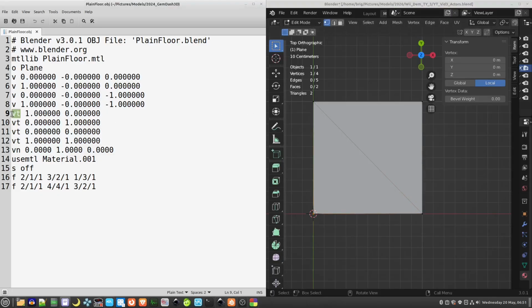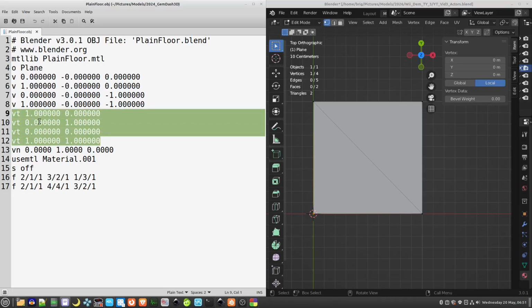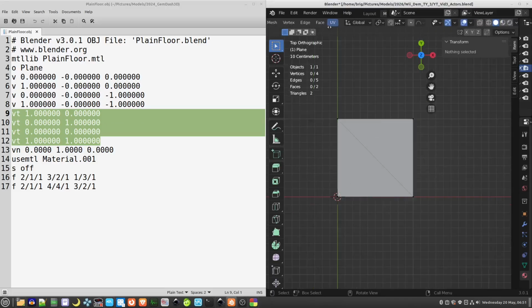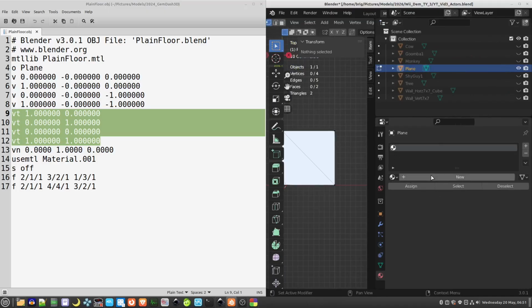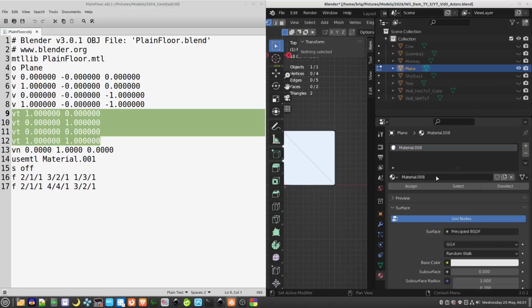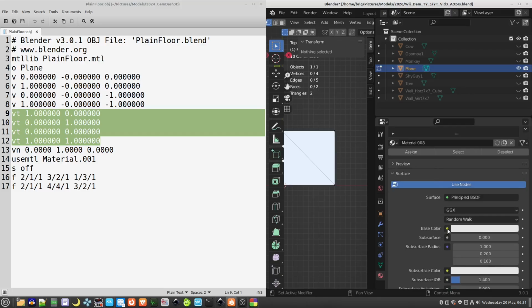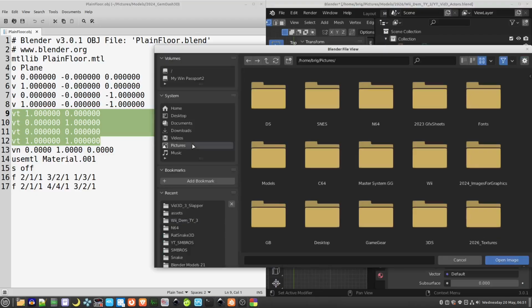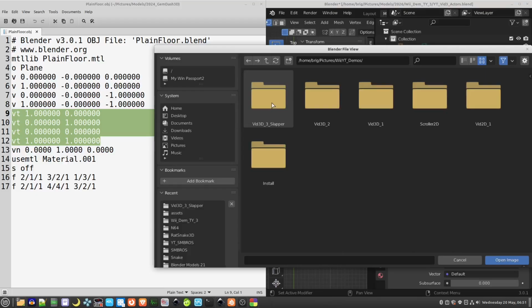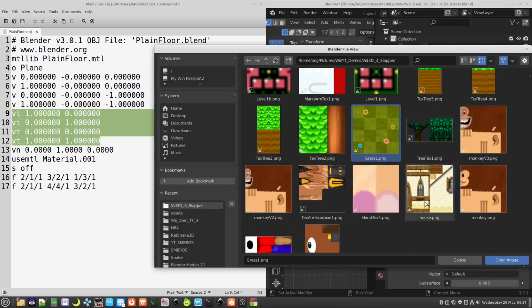and then in this case, these ones with VT on it refer to the texture coordinate. And if we apply a non-scaled image onto this, which I will do now, I'll select the material properties for this here. We'll add a new material, and then on base color here, this is how we add a new texture to a model, sorry. And then we will select a texture. So in this case, I will select the grass texture floor,